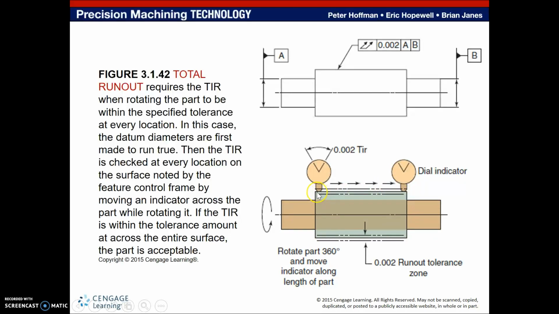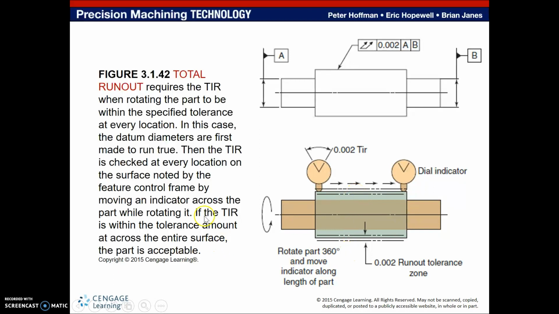So in this case, we're going to move our dial indicator across the surface of the shaft while revolving it to make sure that our total indicator reading doesn't go outside of the permissible limits. This allows us to not only check for taper and wobble, we can check for straightness of an axis, we can check for cylindricity,